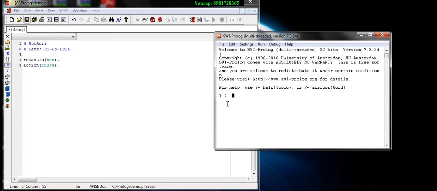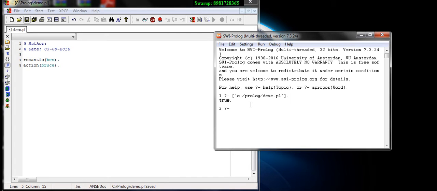The format of doing this is to open a square bracket, put a quote, and then write the path where your program is located. Since it is located in the C drive in my folder, I write C:/Prolog/ and then the file name, that is demo.pl. The pl is the extension of the Prolog program. We close it with a quote and the square bracket gets closed, and finally we put a period at the end of this and then we hit enter. Once we do this, we get the output as true. It means the compilation is successful.